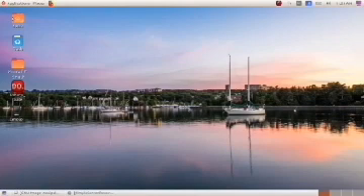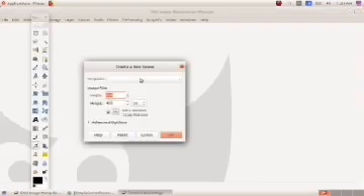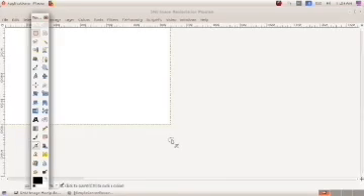Today we are going to watch the video for the second activity, that is changing the background of an image. For doing that, here we have to open the software GIMP. To open GIMP, create a canvas here: File, New, then in the window that opens, the width and height of the canvas is there, click on OK.